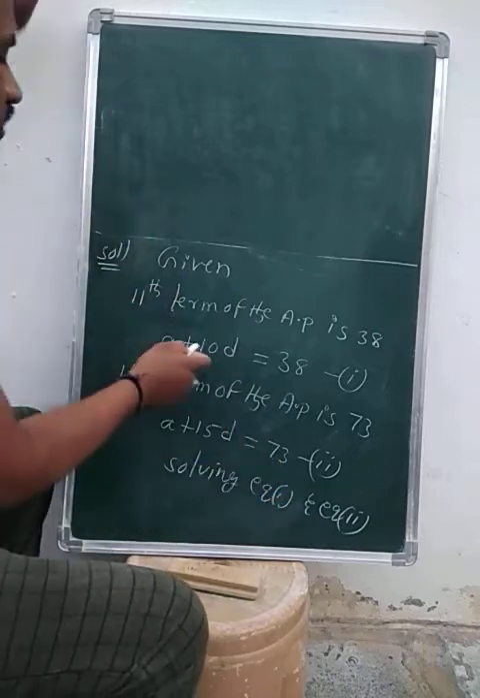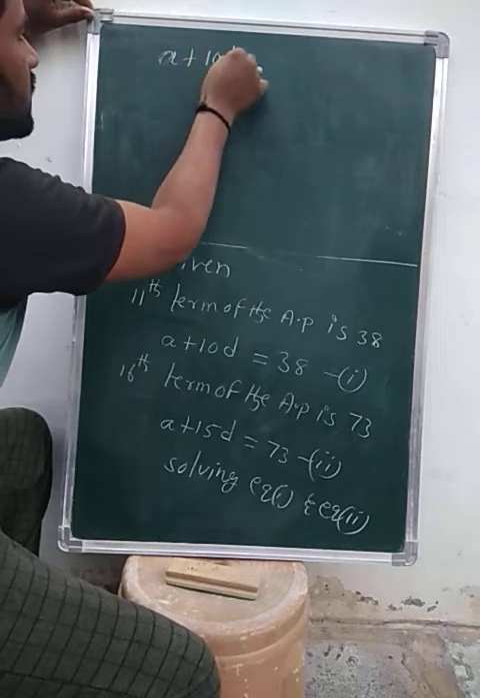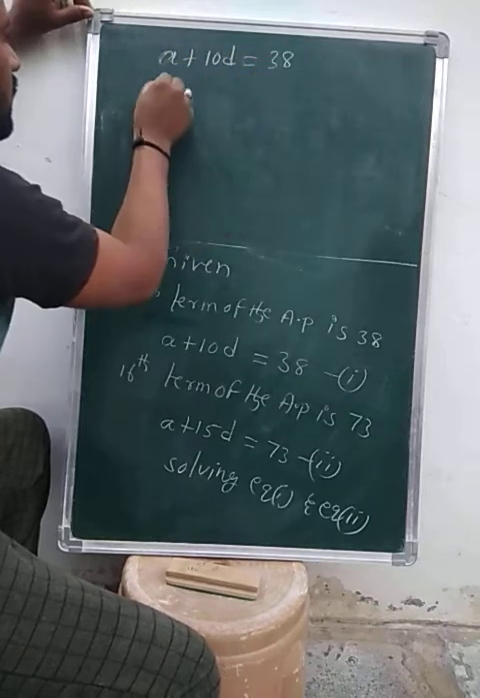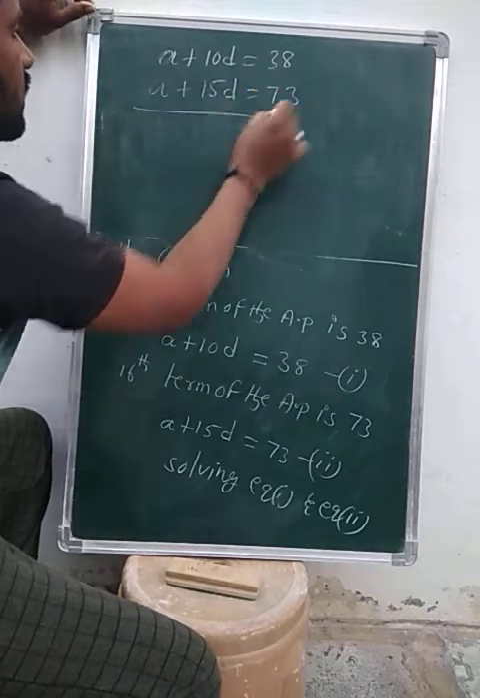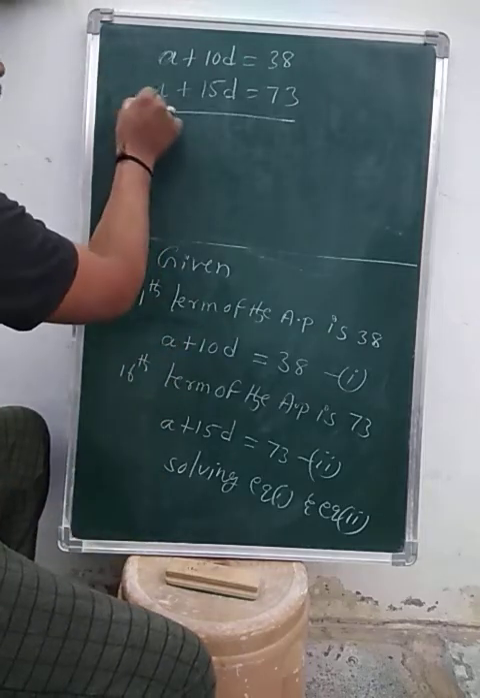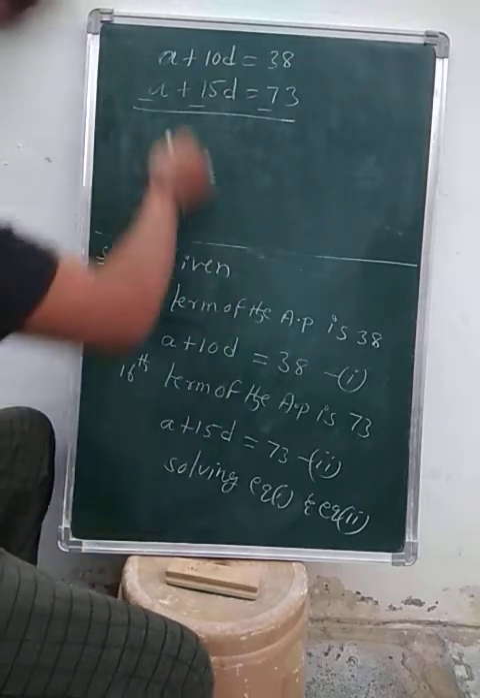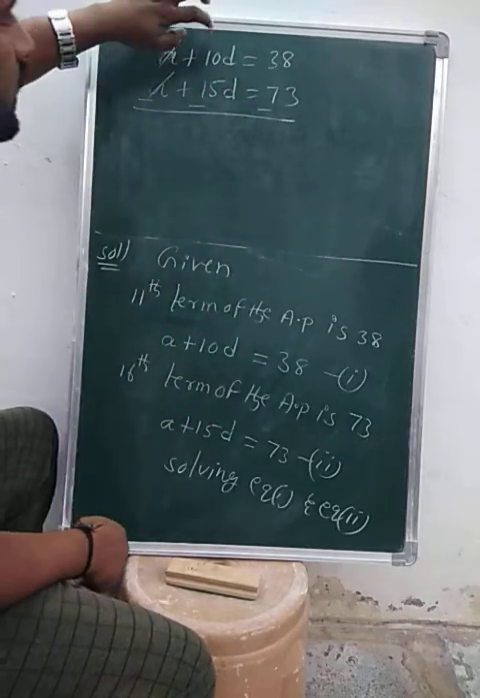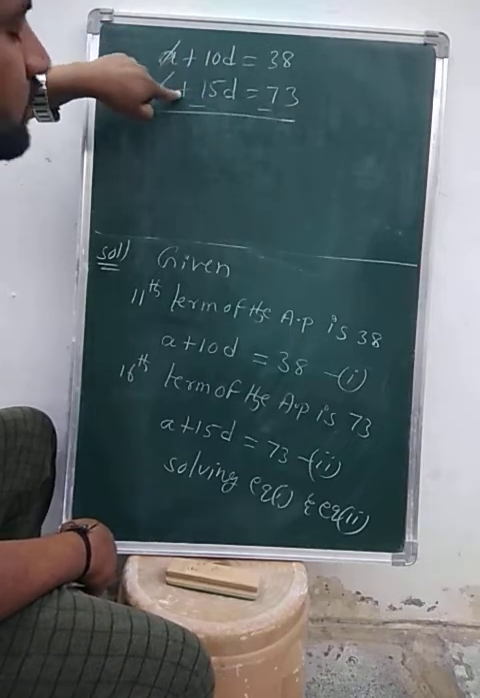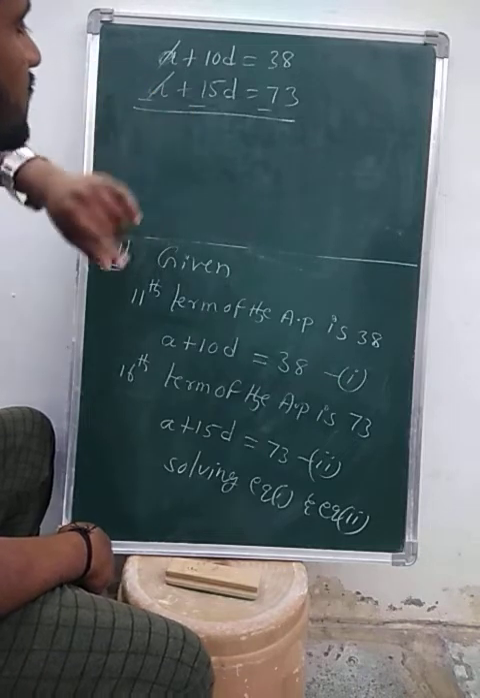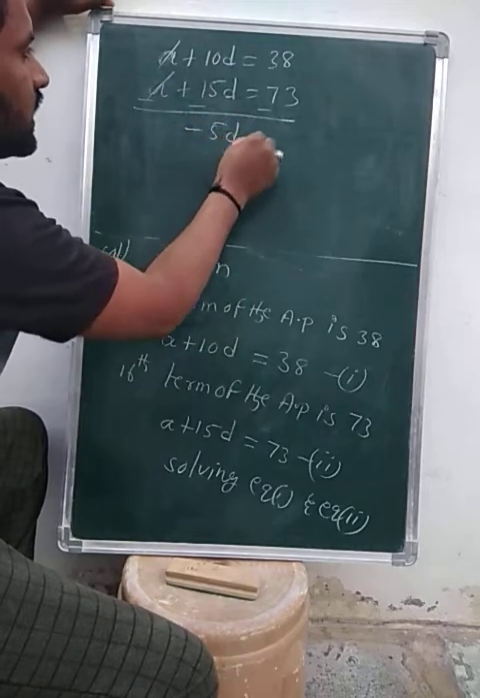Now equation 1 is A plus 10D is equal to 38, and A plus 15D is equal to 73. By changing the signs, minus, minus, minus. Now a minus a cancel. 10D minus 15D, that is minus 5D, is equal to